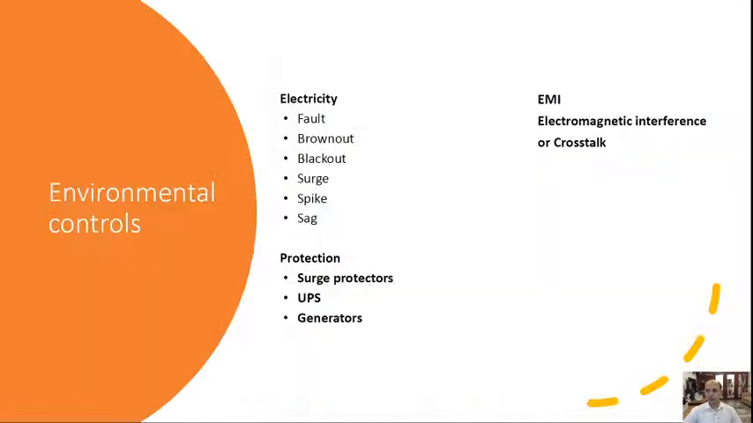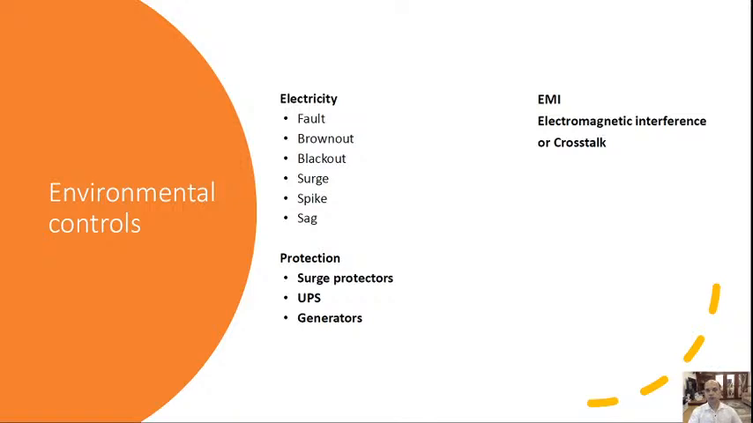So moving further, we need to understand the environmental control, especially electricity, right? A total of 6 terms are there which you need to understand: fault, brownout, blackout, surge, spike, and sag. What exactly does each mean? Then you need to understand what kind of protection you can have in your environment to protect from all